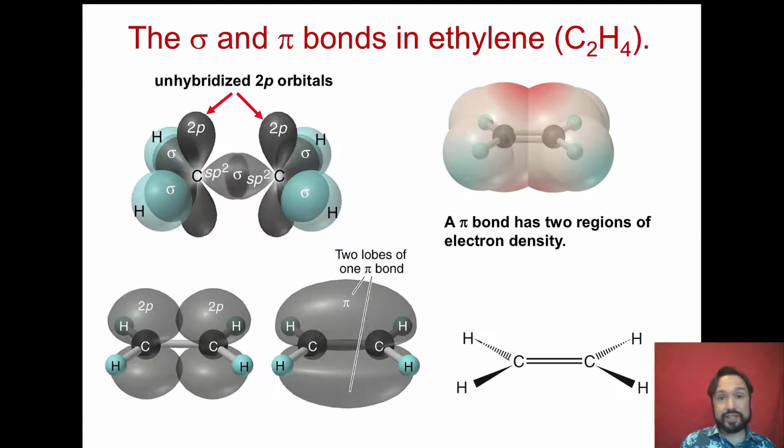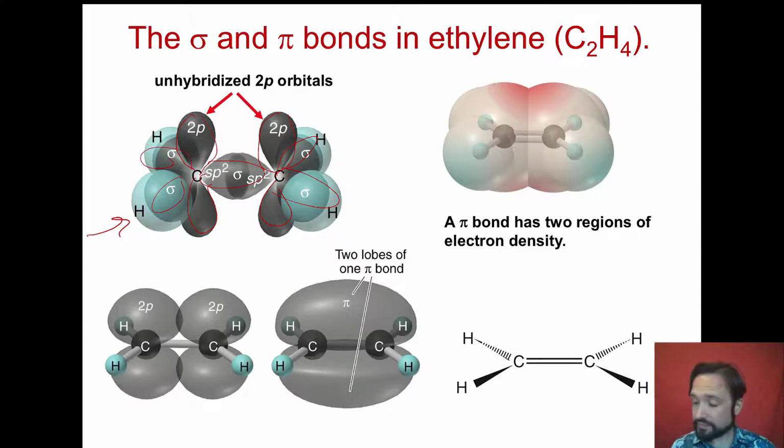Ethylene, we looked at this a couple slides ago. Here's a prettier image of it. A couple different ways to view it. First of all, here, let's look at all the sigma bonds that exist. With those sp2 orbitals, we'll take out the pi bonds, we won't form them yet. We can see we have these two unhybridized p orbitals out here. But before we connect them, we can see that we've got this trigonal planar shape made up by those sigma